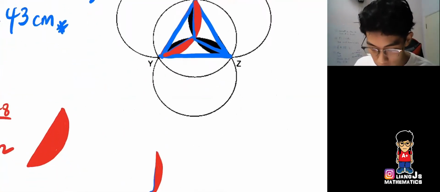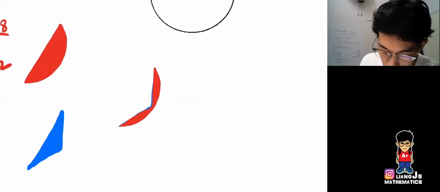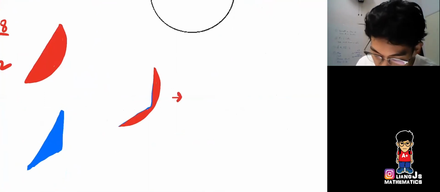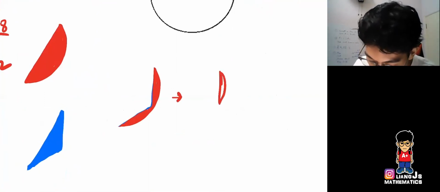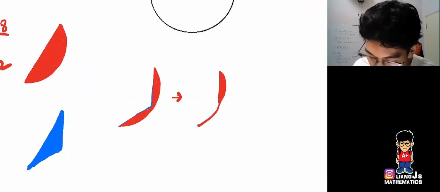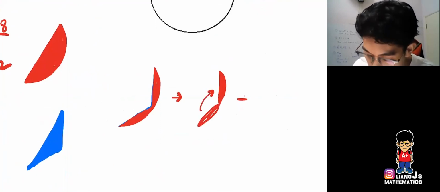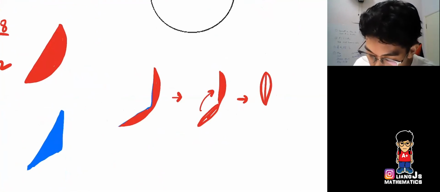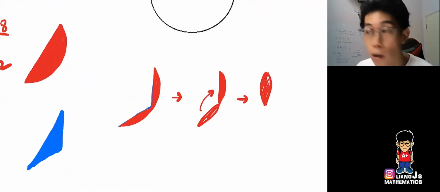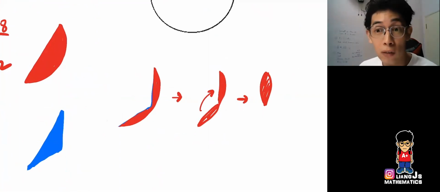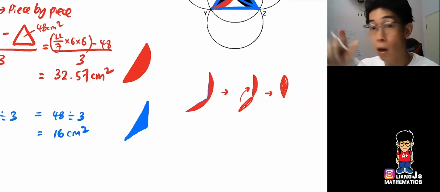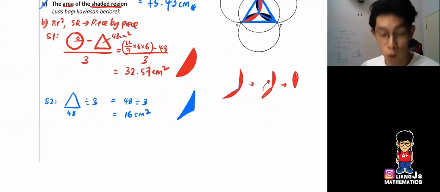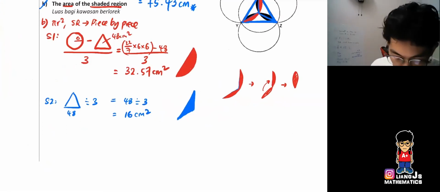Okay, so you see, if I combine it, one part, then the bottom part over here just now, right? I combine it, it becomes one leaf. And that will be your one piece of leaf. And then you times 3, you will be getting your answer. So I will be writing my step 3 now. Step 3,